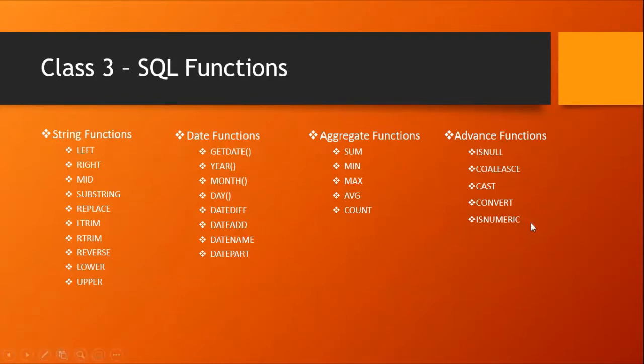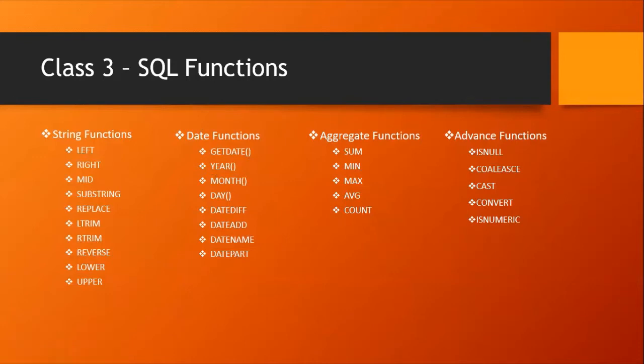To highlight, there are many different categories of functions. Basically, I am listing the top-level functions which we use mostly on a day-to-day basis, like string functions, date functions, aggregate functions, and advanced functions. As you see, all the string functions work with text-level data, to work with date-level parameters we have the date functions, to calculate aggregate numbers we have a set of aggregate functions, and then advanced functions. We'll see all these various functions with live examples.